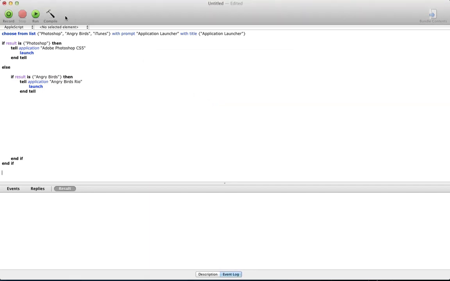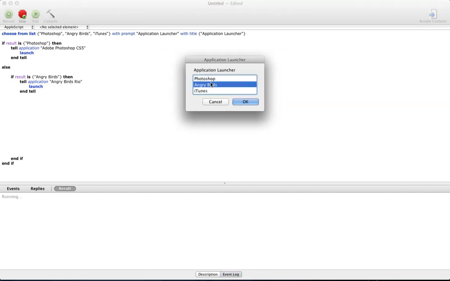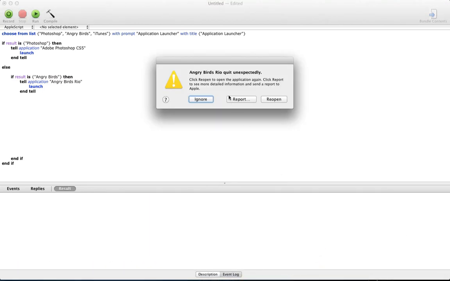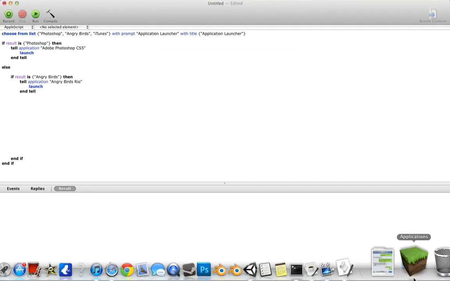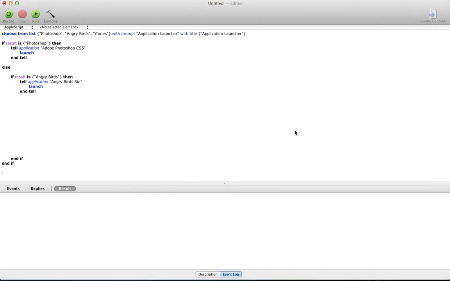And that crashed, but that's not because of the application launcher. That's because Angry Birds is not working properly. Don't blame the application launcher. That's embarrassing. Anyway, so now just do else again, and if result is